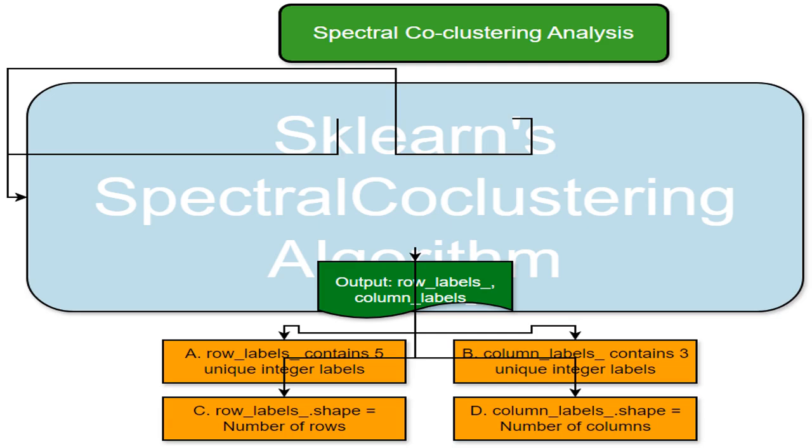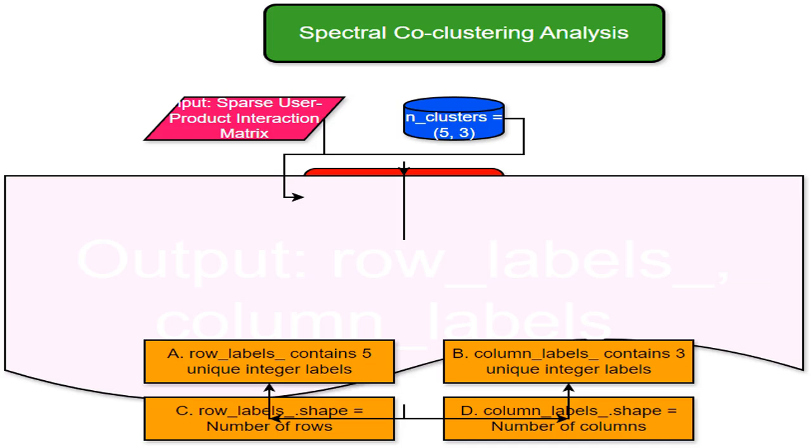I'm using a machine learning algorithm from the Sklearn library called Spectral. It's designed to find clusters in both the rows and columns of a dataset simultaneously. After running the algorithm, I get 2 important pieces of information. Row labels tells me which cluster each user belongs to, and column labels tells me which cluster each product belongs